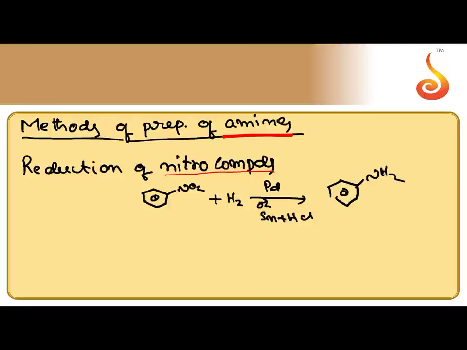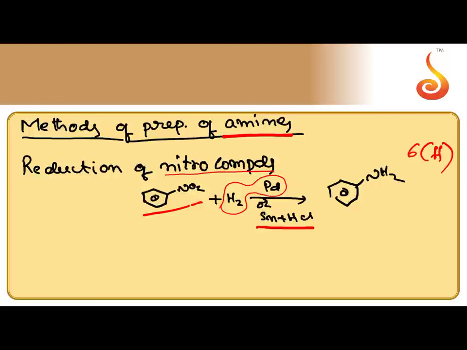Coming to the methods of preparation of amines. Amines are prepared from nitro compounds by reduction. For the reduction purpose, we can use catalytic reduction, H2 present on catalyst, metal catalyst like palladium, or zinc HCl, iron HCl, or tin HCl, that is called acid medium. So example, when nitrobenzene is subjected to reduction by acid medium like tin HCl, NO2, it loses 2 oxygens and it takes 2 hydrogens.